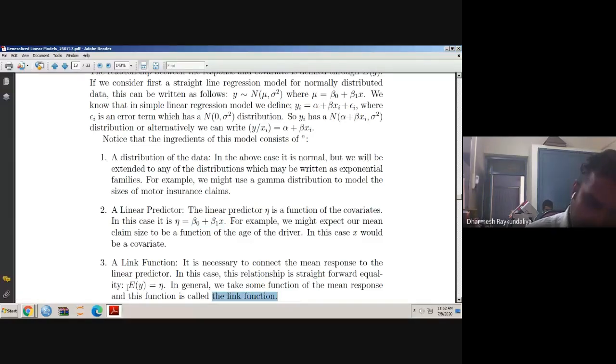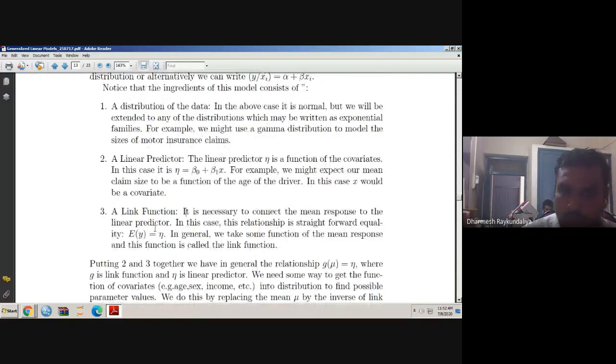तो यहाँ पे हम theta equal to क्या लिखते हैं? G of mu is equal to eta. ठीक है? So putting 2 and 3 together we have a general relationship G mu equal to eta. तो हमारा फंक्शनल फॉर्म क्या रहेगा? G mu equal to eta. G mu को हमने क्या कहा है? थीटा इक्वल टू G mu इक्वल टू eta, ऐसे हम लिखते हैं। ठीक है, नॉर्मल डिस्ट्रीब्यूशन है तो थीटा इक्वल टू क्या है? म्यू। तो यहाँ पे G mu इक्वल टू क्या हुआ? म्यू, and that is the eta.